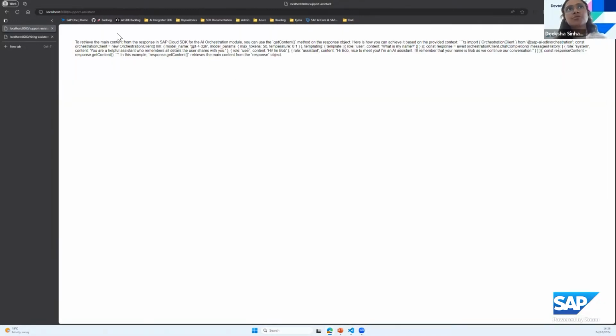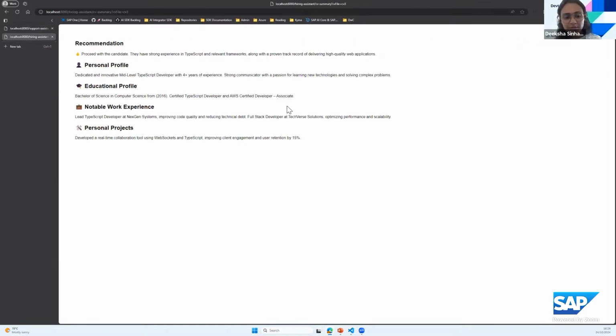Yeah, so you see that it responds. Of course, it still doesn't format it the way that we want it to, but still it's able to process the data, get the relevant information from our documentation. So it says that you execute the response in this way. And then once you have the response, you can use the response.getContent method from the response object. So it's able to reason from your documentation based on the question that you provided. And that concludes the demo that I had for